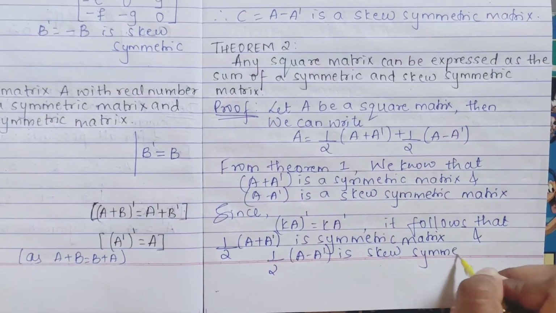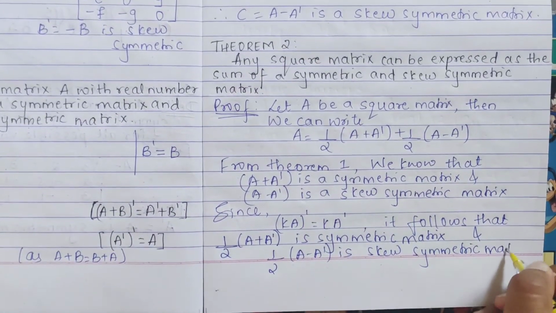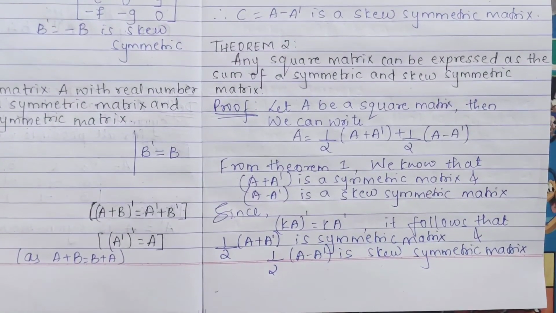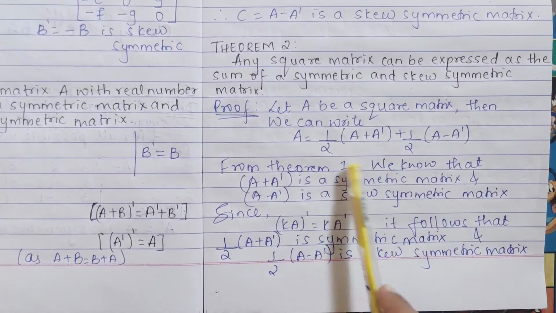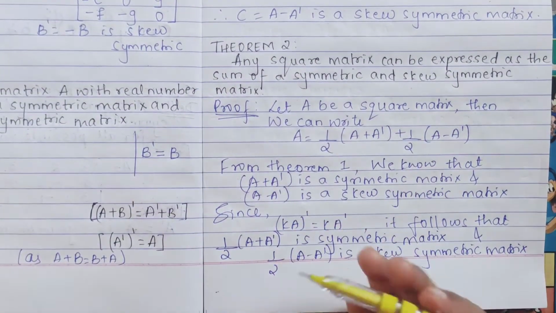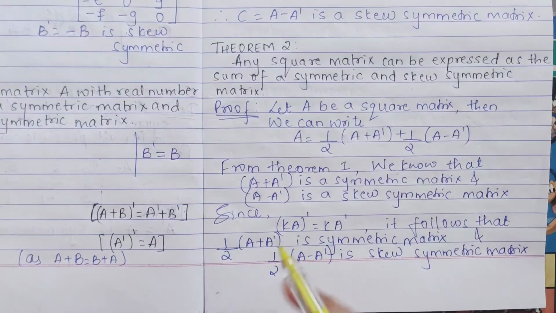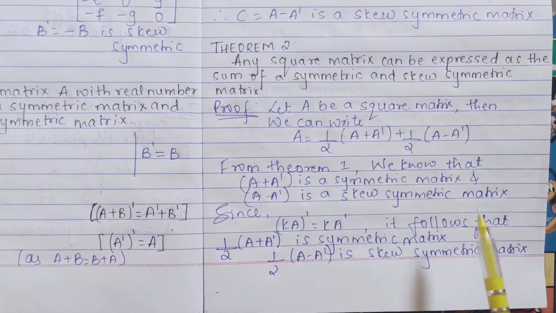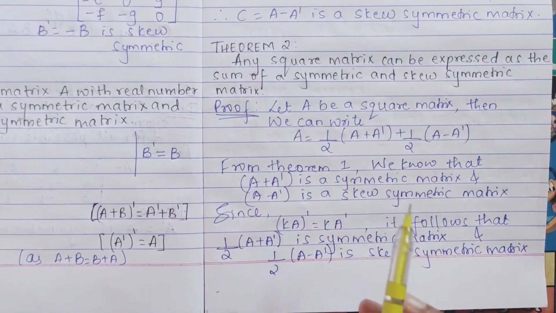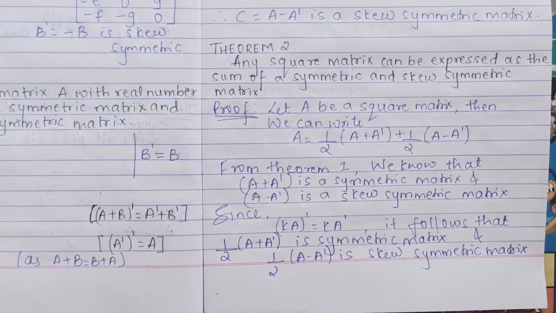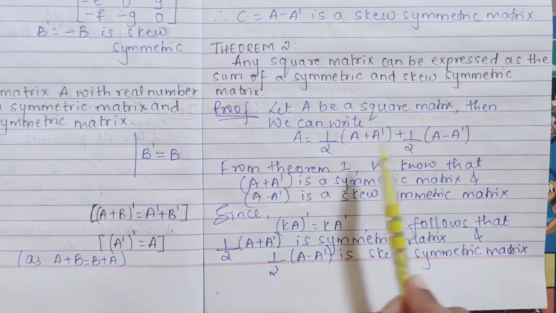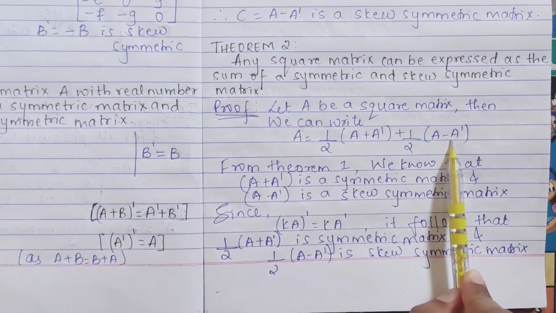Okay. Now why have they taken half? There's no justification for this, but if you just add up, you will get only 1. So they have taken half so that, for clarification, fractions can also be taken. Problems are based like this only, so just take it, don't go deep into why they have taken half. You can just write it down. There is no such clarification for it. So you see here, by taking half of A plus A transpose and A minus A transpose, this is symmetric and this is skew symmetric from your previous theorem.